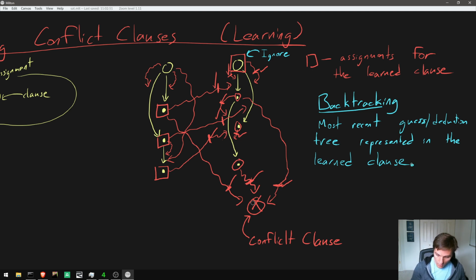And so the most recent one represented in the learned clause, ignoring the most recent guess. Right? And so that means, in this case, we would backtrack to here,